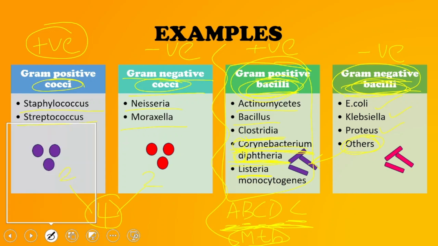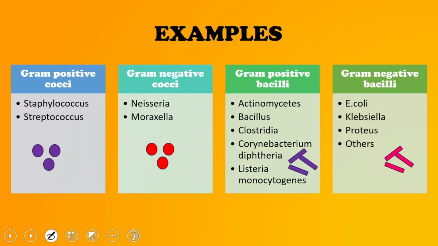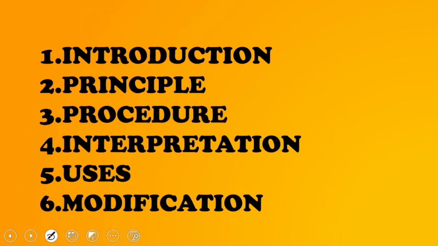So with this, we mark the end of something called your gram stain, guys. I have discussed each and everything, right? Let me just give you a quick recap. Introduction, who was the discoverer? We know it is Hans Christian Gram. Second, we talked about the procedure, guys, right? All the 4 important steps of procedure: primary stain, mordant, then decolorization, and lastly we did the counter stain.